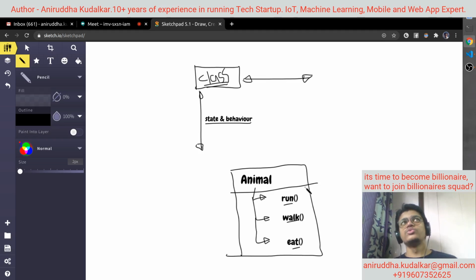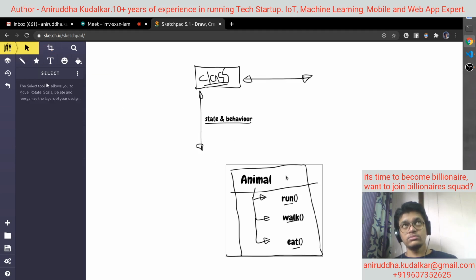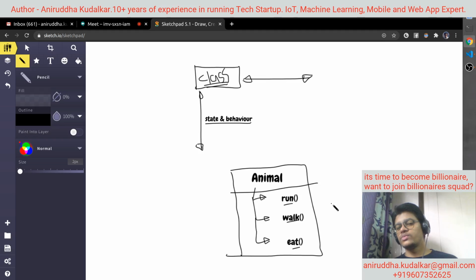Now what I want to do, I want to track this animal, and I want to get a location of the particular animal.